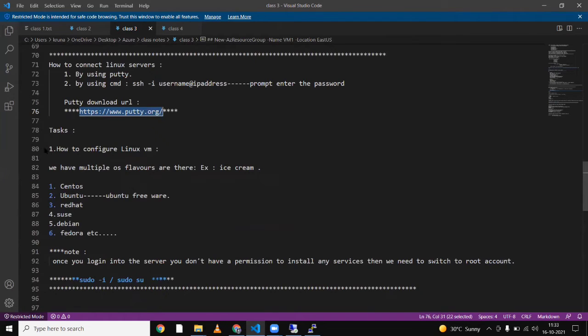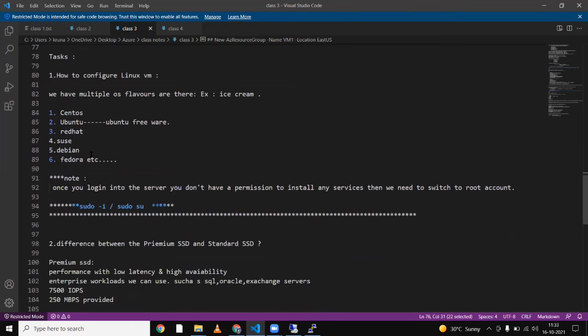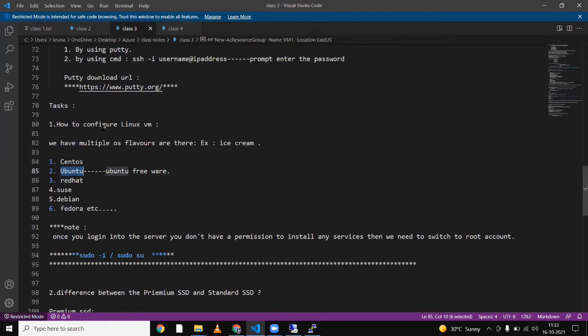The flavors we have are CentOS, Ubuntu, Red Hat, SUSE, even Debian, even Fedora. These are all flavors of the Linux virtual machine, and out of them we selected Ubuntu, the latest version.